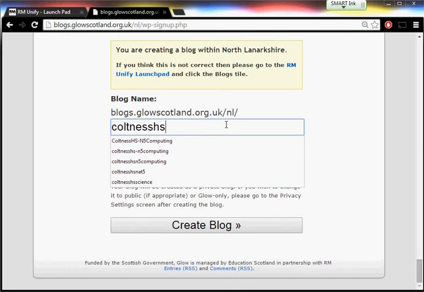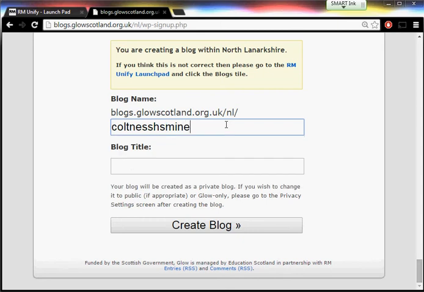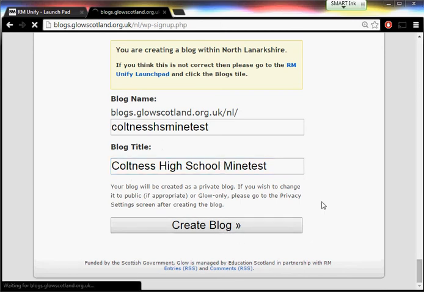So I'm going to create this one for my Minecraft test server I've got here. So what I'm going to do is call it Coltness HS Mine Test, and I can go down to the bottom here and I can say Mine Test. Okay, and then if I click create blog,